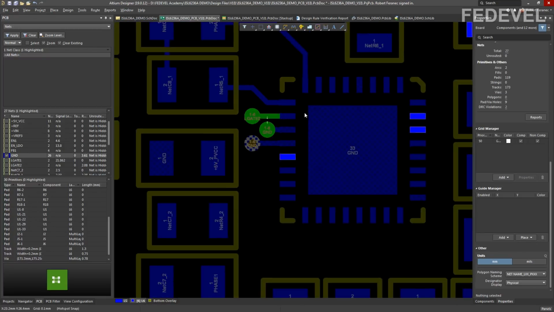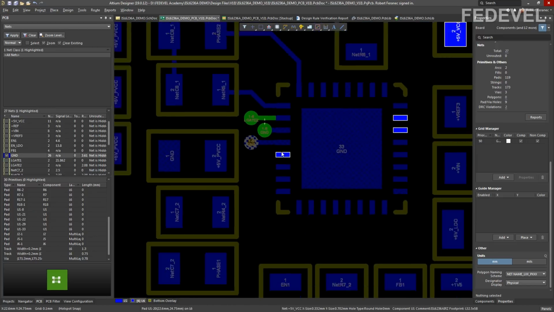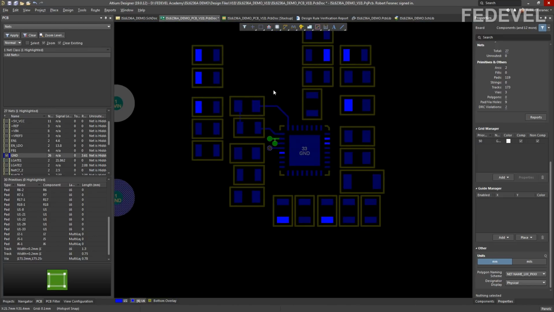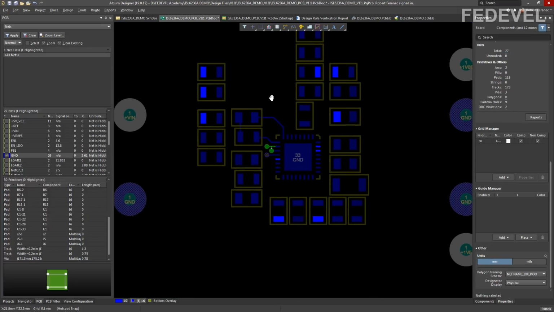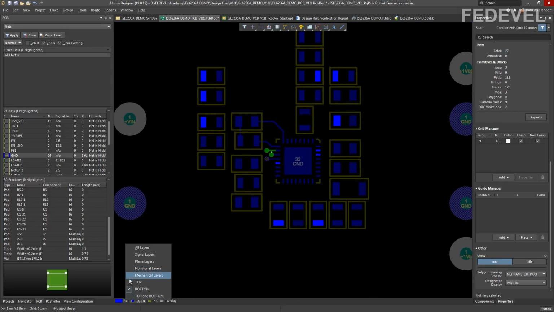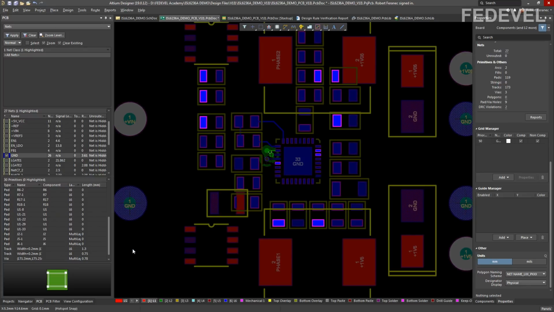Next pin is +5V VCC. And there are many pins connected to this net. So what we can do, a little bit later, is draw a big polygon on layer 4 and connect all these powers on layer 4.